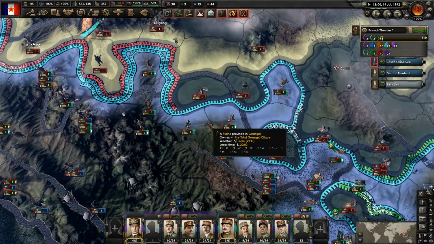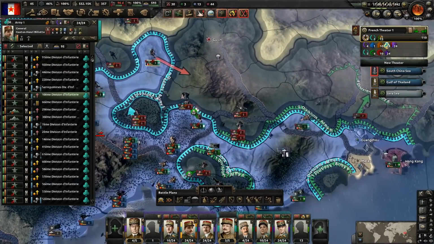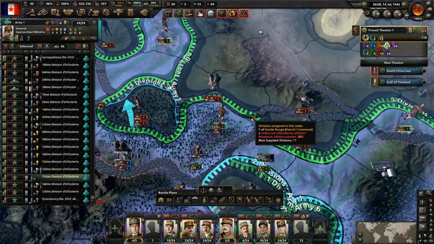These tanks are moving really rapidly as well. That's what we want to see. Let's see if we can't get behind these troops here. We'll let this guy take this, but then let's go over this way next. And I'm going to try...